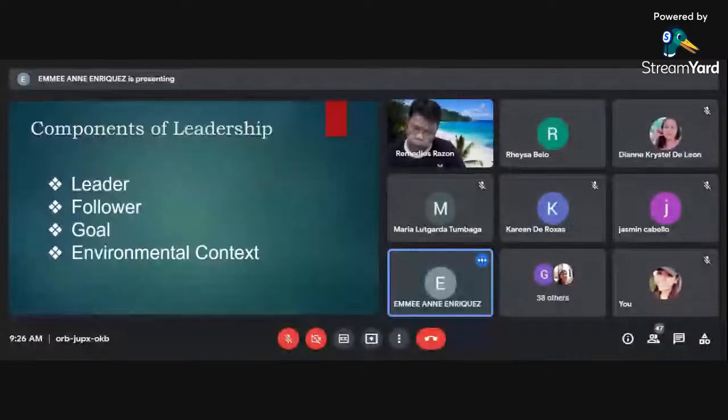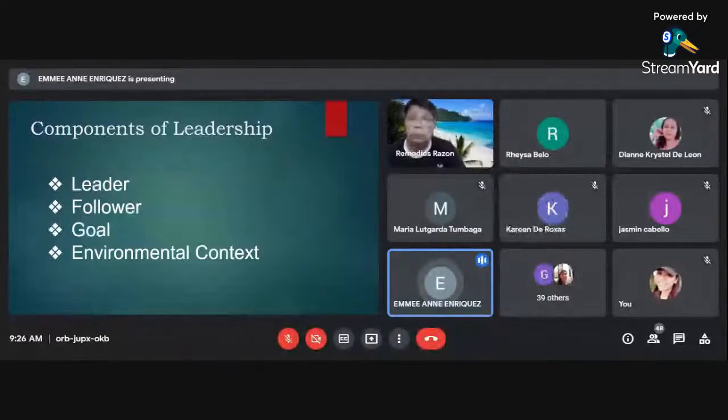Next, followers. The traditional conception of followers is subordinates. Followers now are empowered by education, better technology, and enhanced communication abilities. This allows the followers to play a more active role in negotiating their space in the leadership process. Followers are the partners of leaders in attaining a common goal.